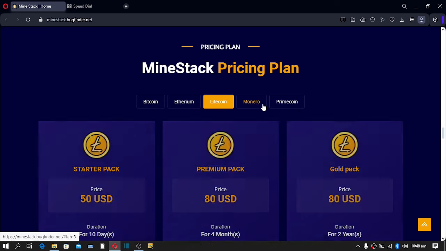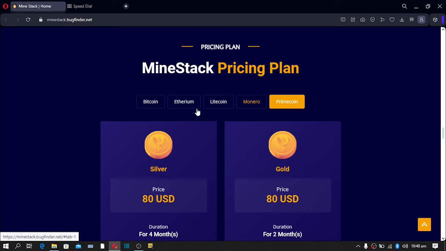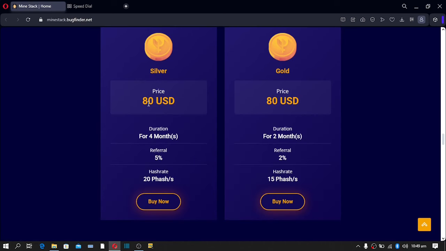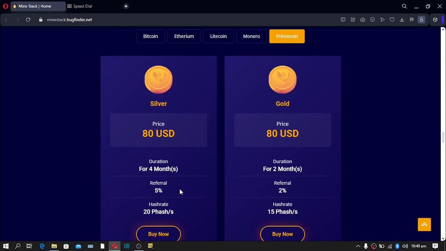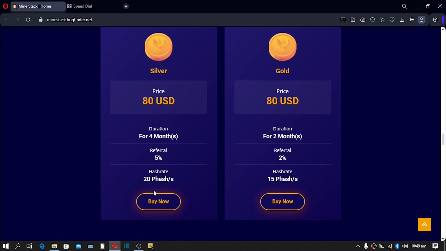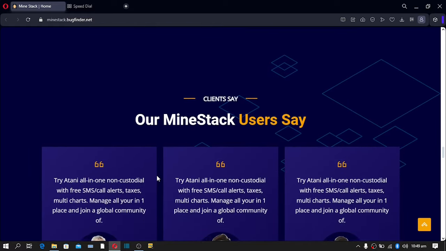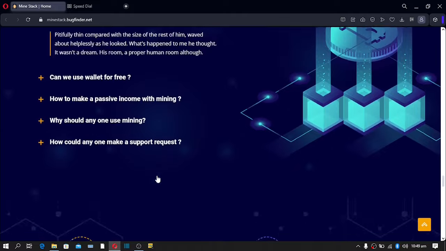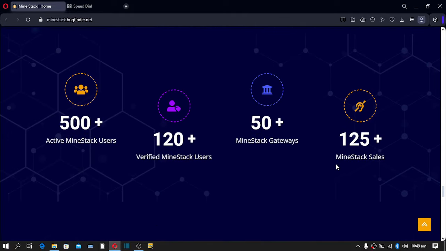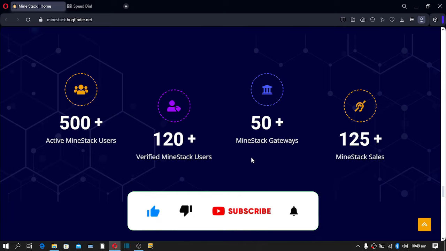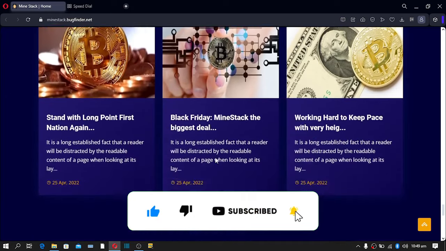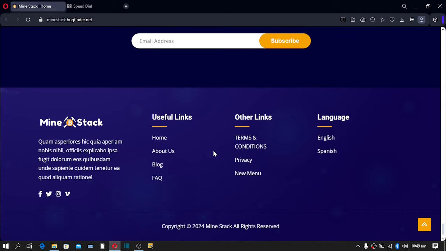Users can pick the plan they want to invest in. These packages will show them their return on investment. Your users can also refer other members to your platform and then earn what we call referral bonuses. Scrolling down, we have a testimonial area, frequently asked questions, your statistics, and I'll show you how you can change all these figures, your blogging area, your newsletter, and then a footer area which shows your logo, a brief about us,